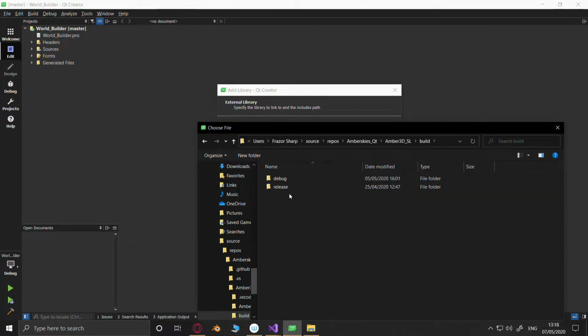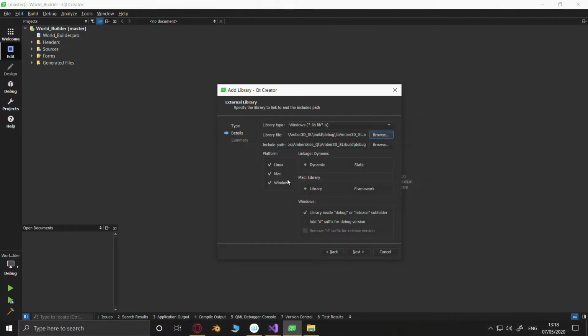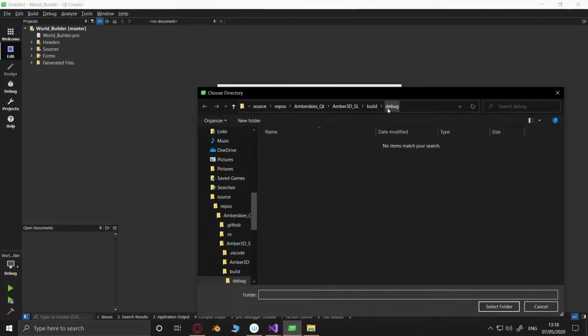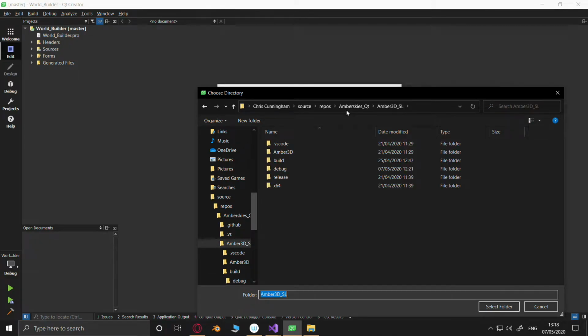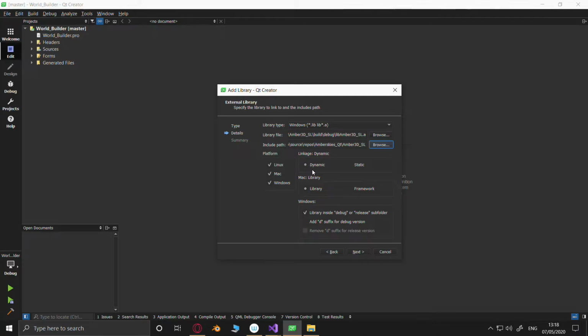Build. Debug. That. Okay. And browse. That. Yeah. Select that folder. Okay. Dynamic static it is. Just have Windows for now, because this is on Windows.